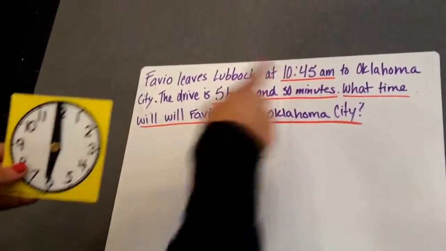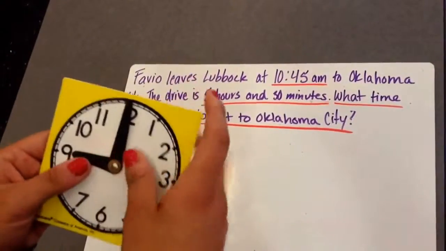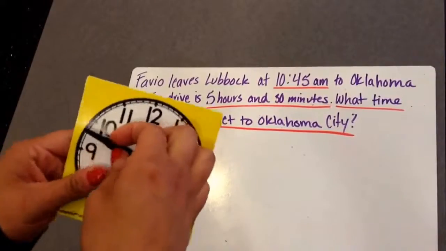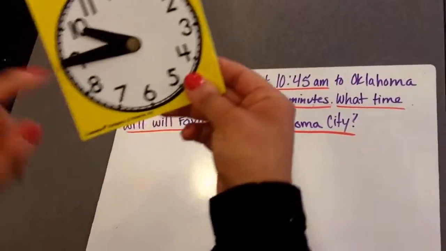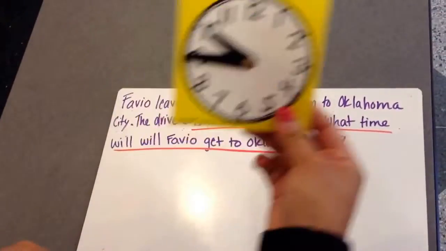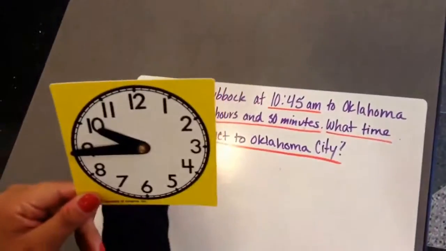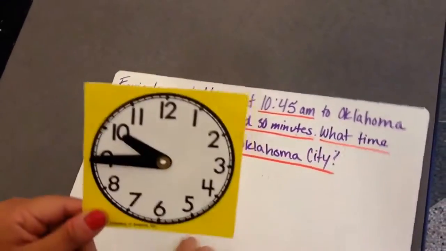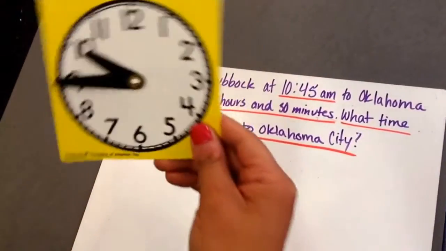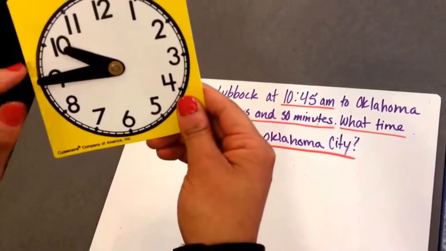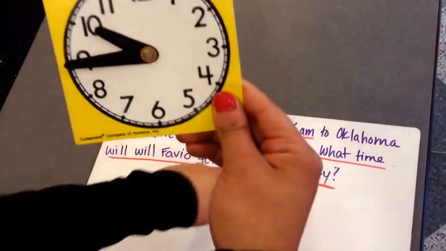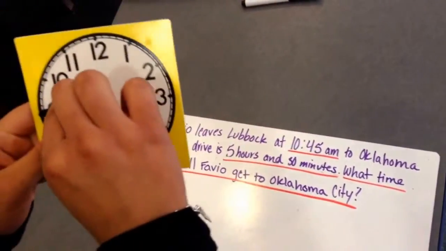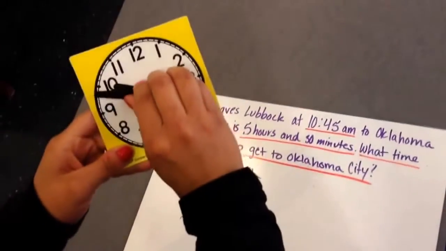Fabio leaves Lubbock at 10:45 a.m. So we'll have our short hour hand on the 10, and our long hand, 45, at the 9. Okay? He goes to Oklahoma City. The drive is 5 hours and 30 minutes. What time will Fabio get to Oklahoma? Well, if the 9 is 45 and it's 60 minutes, we know that if we do the minutes first, 30 minutes, so we know that 15